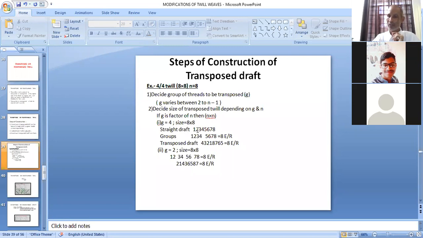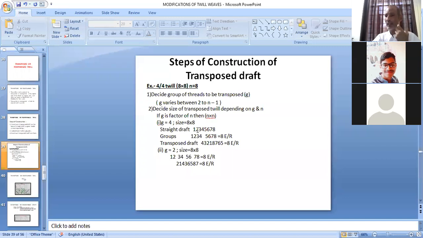अब अगर आप group size 2 ले रहे हैं तो 1 2 का एक ग्रुप बनेगा, 3 4 का एक ग्रुप बनेगा, 5 6 का एक बनेगा, 7 8 का एक बनेगा, 9 10 का एक बनेगा, 11 12 का एक बन जाएगा, 6 ग्रुप्स बन जाएंगे। अगर आप 3 ले रहे हैं तो 1 2 3, 4 5 6, 7 8 9, 10 11 12 ऐसे ग्रुप्स बनेंगे। और अगर आप 4 ले रहे हैं तो 1 2 3 4 देन 5 6 7 8 देन 9 10 11 12 इस तरह से बनेंगे।